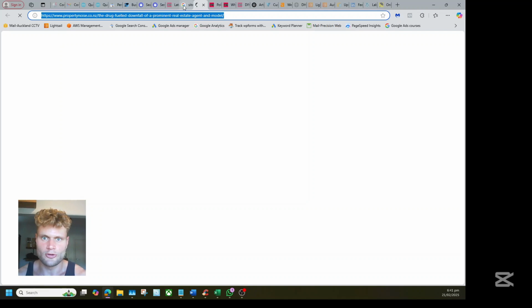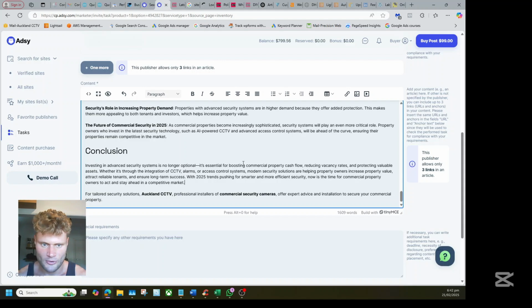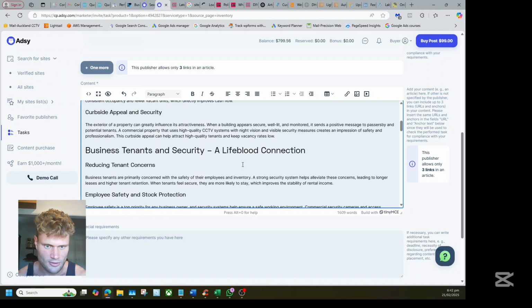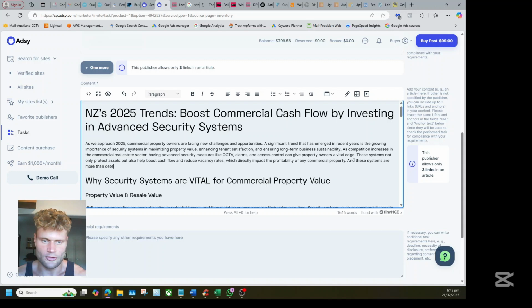We're just going to copy this and use this. It doesn't load for some reason. I'm just going to use what I can see on Google. Prosecutors presented CCTV footage. In conclusion, let's see. CCTV. And these systems are more than deterrents.